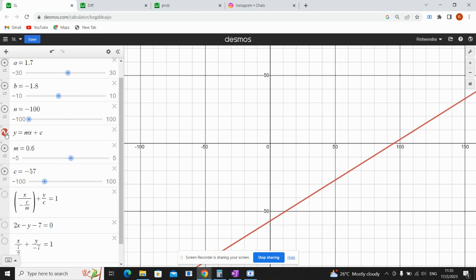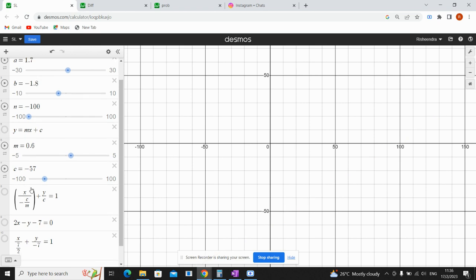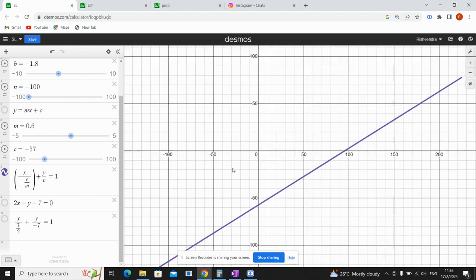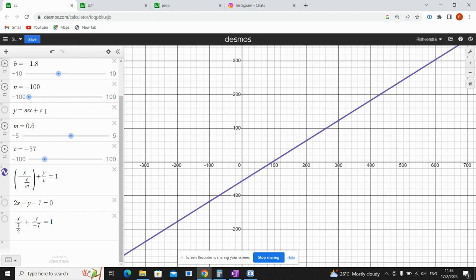Well then, let's convert this equation y equals mx plus c into intercept form. Then we can arrive at this equation: x by minus c by m plus y by c equals 1. You see, in y equals mx plus c, the c indicated the y-intercept of the line. Same here,